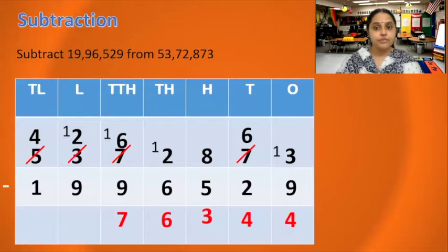Everyone count after 9 till 12 and tell me how many fingers you are getting. 10, 11, 12. 3 fingers. So 12 minus 9 is 3. Very good. Then 4 minus 1. How much is 4 minus 1? After 1, you have to count till 4. So 2, 3, 4. How much is it? Again, 3 fingers. So the answer is